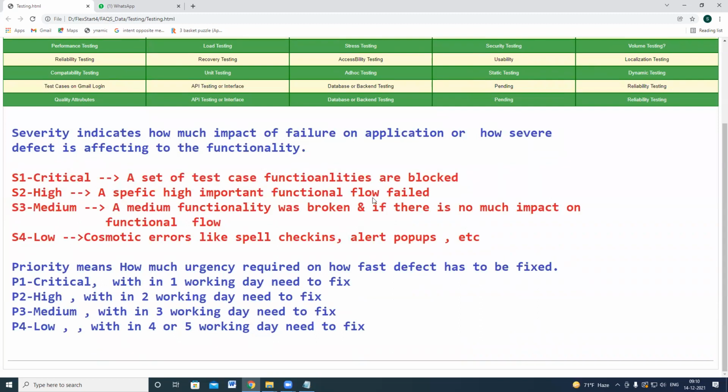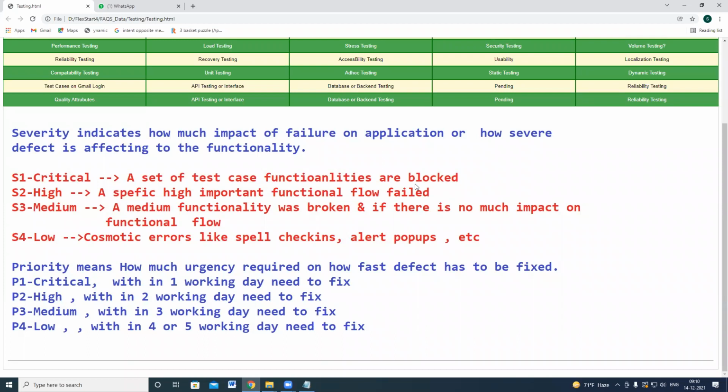S2 high is a specific high important functionality flow failed. So if only one test case is failing, then we can give S2 high. S3 medium is a medium functionality was broken and there is not much impact on the functional flow. Something like that.